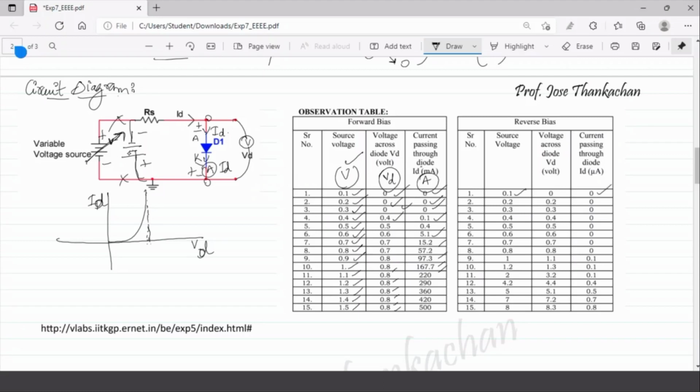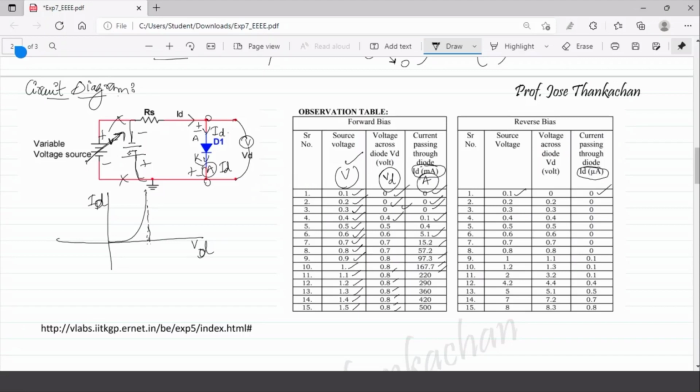Current still is 0, but you have to note one thing: here we are measuring the current in milliamperes in forward bias, whereas in reverse bias you are measuring the current in microamperes, because I told you that IS, the reverse saturation current in reverse bias condition, is very small, negligibly small. So you can see the difference. It is milliamperes and this is micro. That means it is actually 1000 times smaller when compared to the forward bias current. So you can draw it in that particular scale.